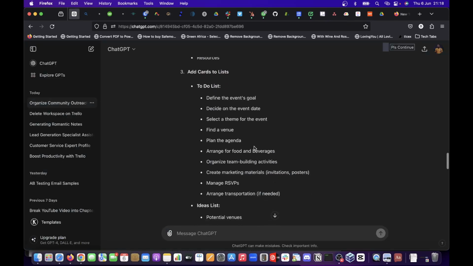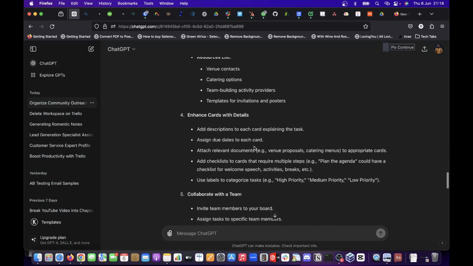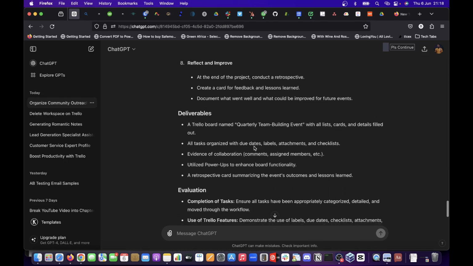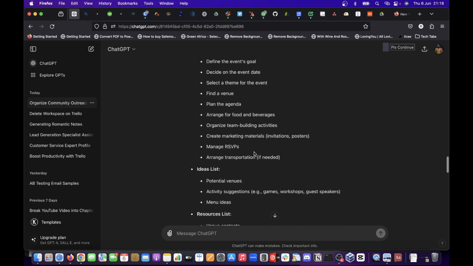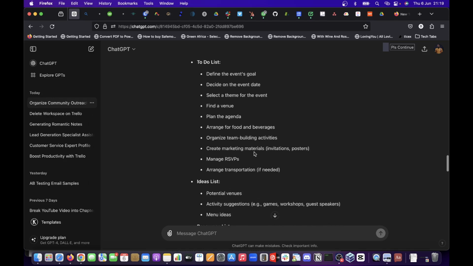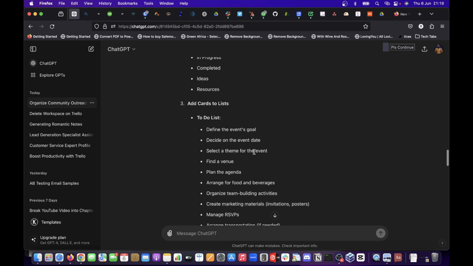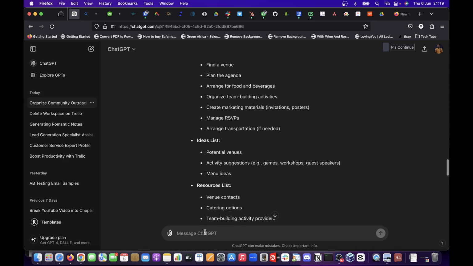ChatGPT has already generated these tasks here. Let me see if there is any other. Monitor progress, reflect. Okay, now if you take a look at this task, there are some things that are missing, which I can also prompt ChatGPT. Like I told you, you can keep prompting it until it gives you exactly what you want. Now, we want to add a timeline to this list, but it did not give us timelines. So I can come back here and say, give me